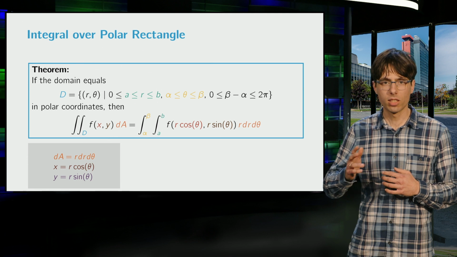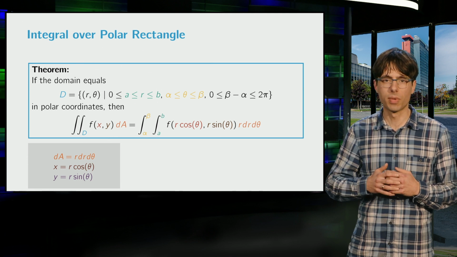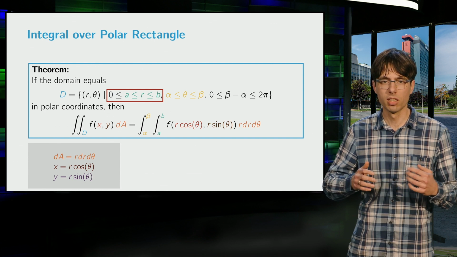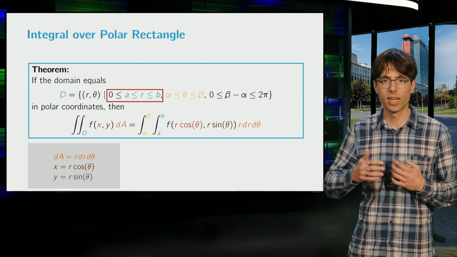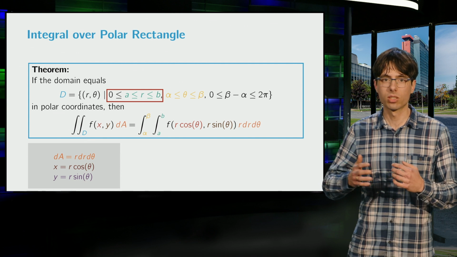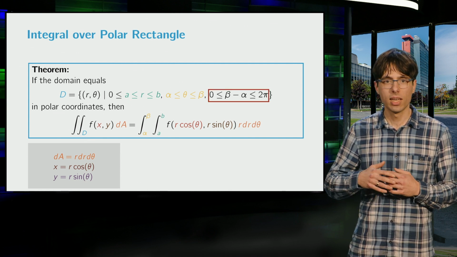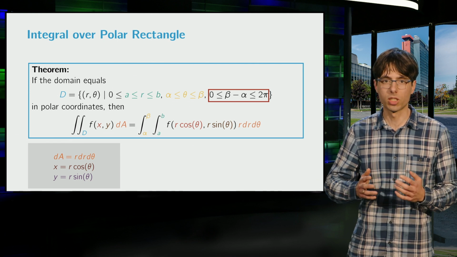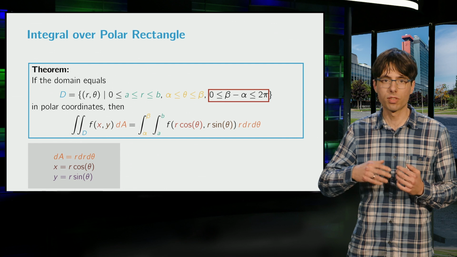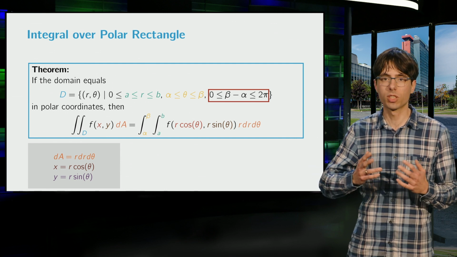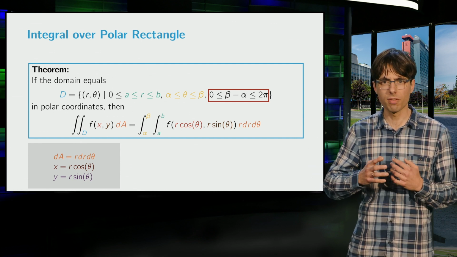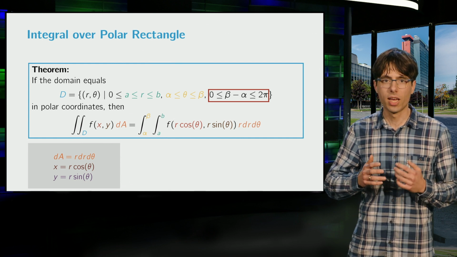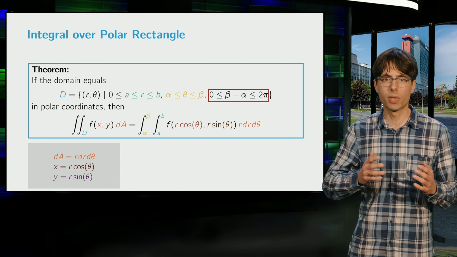theta. There are two technicalities that you need to keep in mind. The first is that a, the lower bound for the variable r, should always be positive, as r represents a distance. The second technicality is that the limits of theta should not be more than 2 pi apart from each other, since otherwise you integrate over the full circle several times extra. You simply avoid this issue by consistently choosing theta in one of the standard intervals minus pi to pi or